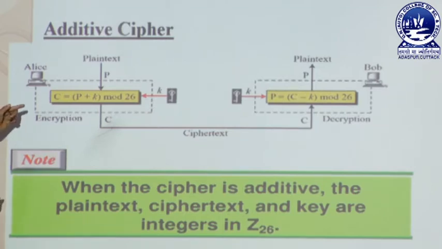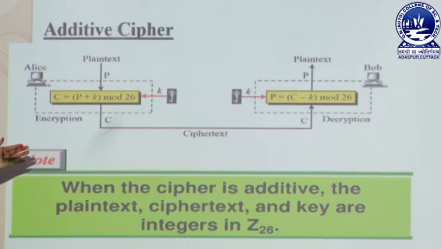After that we find the cipher text C. That is why C equals (P plus K) mod 26 is the encryption algorithm for the additive cipher. The cipher text is transmitted over the network.